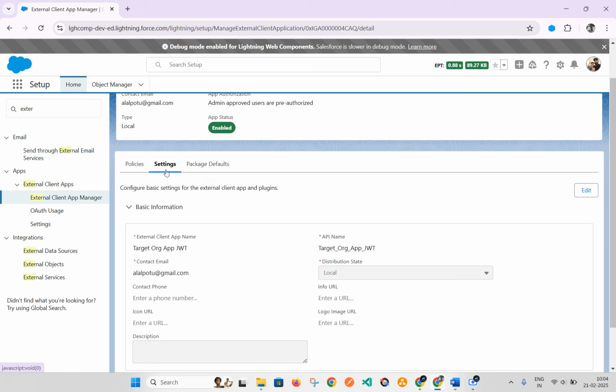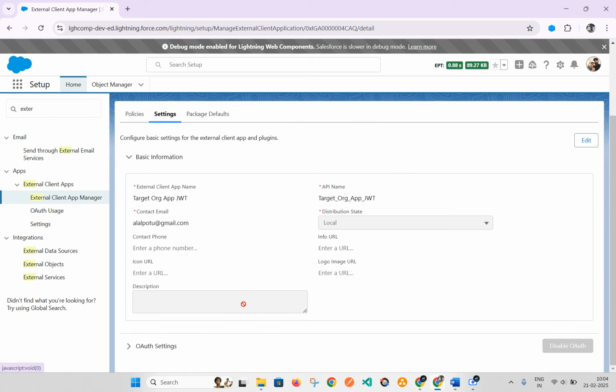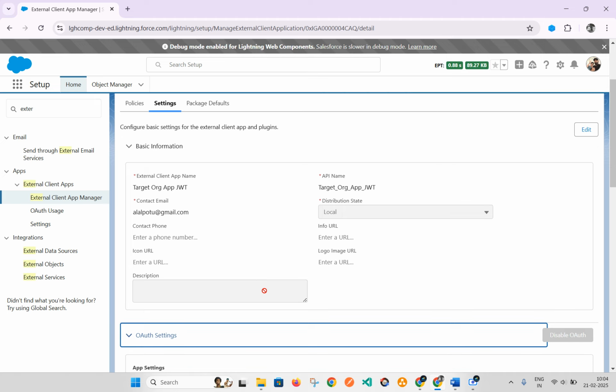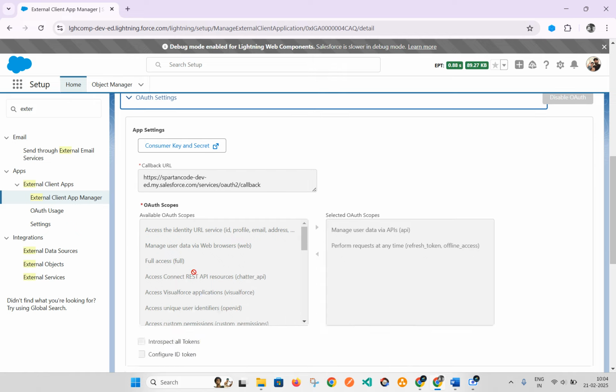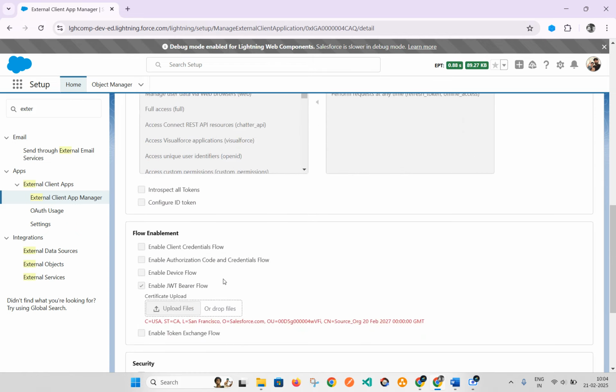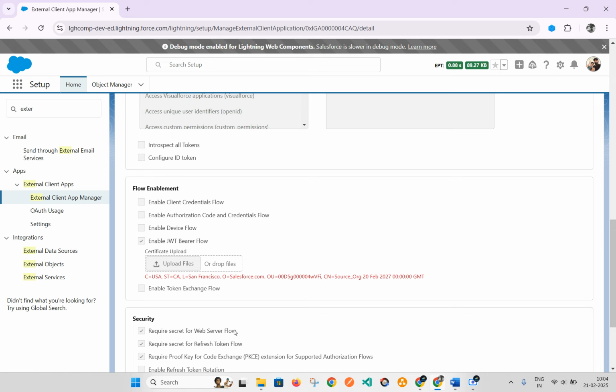The important factor is settings. Whatever name you have given will appear here. Then you need to choose which OAuth you are going to use. In our case, we have used OAuth as in JWT, so enable the JWT bearer flow. There are various flows: client credential flow, authorization code flow, device flow, and so on. Most of the flows need a secret for